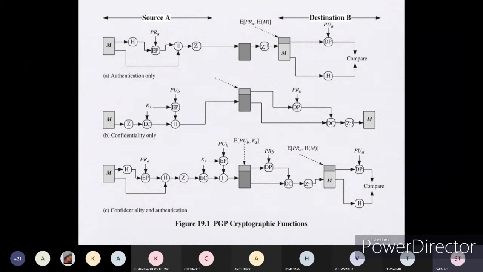You can check related to that. See, after decrypting the whole message, what we are doing, we have to decompress it, because after compression we have done the encryption part. For that reason, at the receiver end, after decryption you are going to do decompression. After that, the message is taken back and the receiver or destination people can read that message.